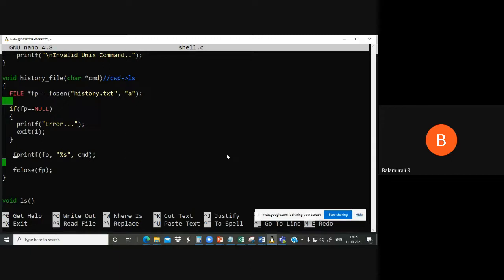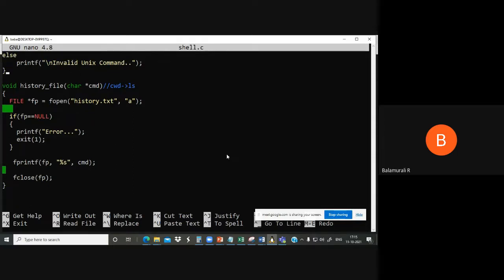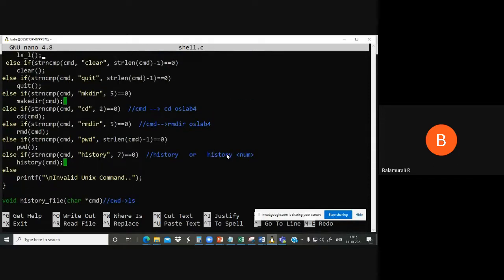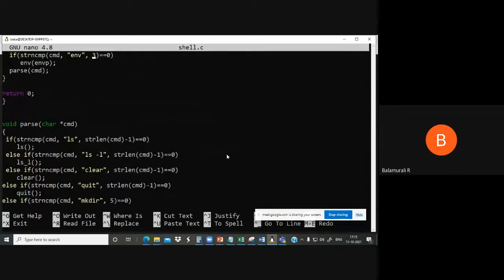Otherwise, inside that file, we do fprintf(fp, "%s", cmd). fp is the file pointer, and cmd points to ls, so to that file we print ls and we close. Whatever the user gives, that command will be stored in that file, because we are going to use this file when we use the history command. That's the whole concept.